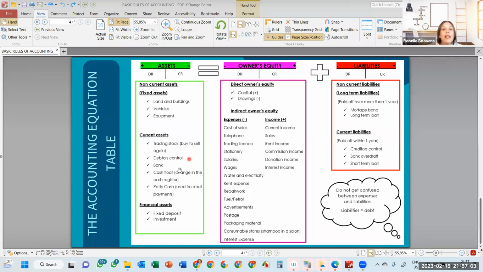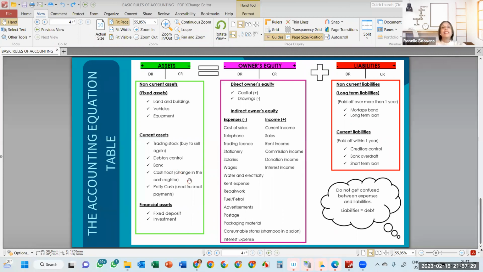All right. And then the last 3 are cash accounts already, or cash in the business already. If you see bank, it means it's our business's money at a commercial bank. So in an account at a commercial bank. So maybe our business has an account at ABSA or FNB or Nedbank, and there's some money in it. It is cash already. Definitely an asset to our business.